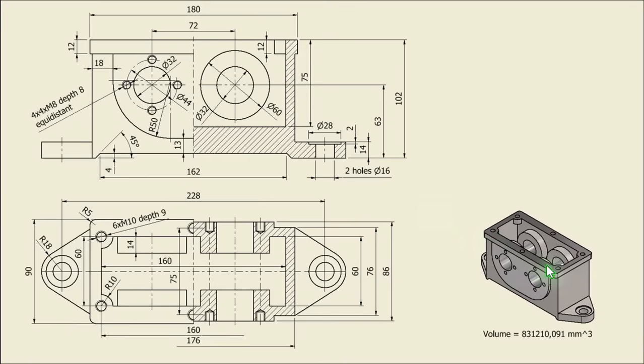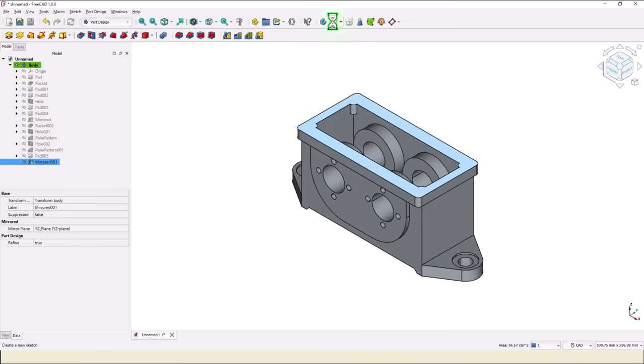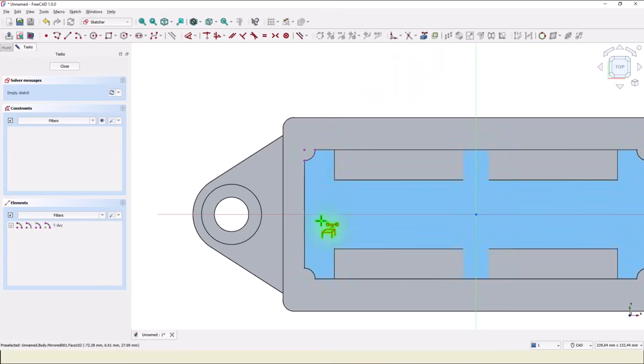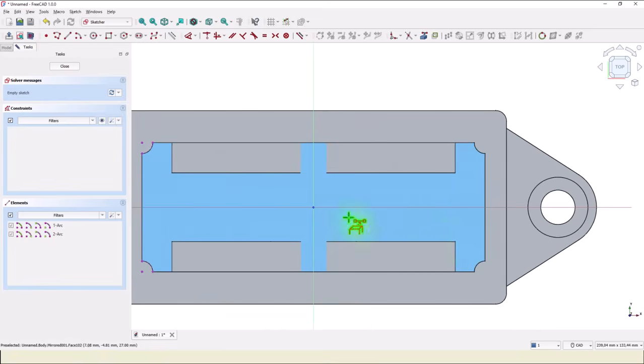Now we have to apply these 6 holes with this definition, metric 8, depth 8. Take a look here where the distance is 75, because the others are in the centers of bosses. This face for a new sketch, we project each boss, this one, this one, this one, and this one, and we have centers,